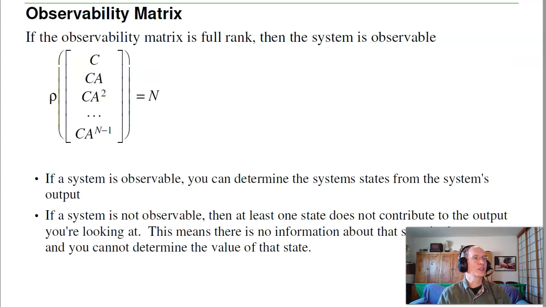There's also observability. If the observability matrix is full rank, I'm observable. And there's a couple other tests you can run too, like the PBH test, eigenvalues, eigenvectors to tell you if I'm weakly controllable or weakly observable. But this is something we'll be using a little bit later on. That's lecture number 11 for ECE 463, modern control, controllability, and observability.